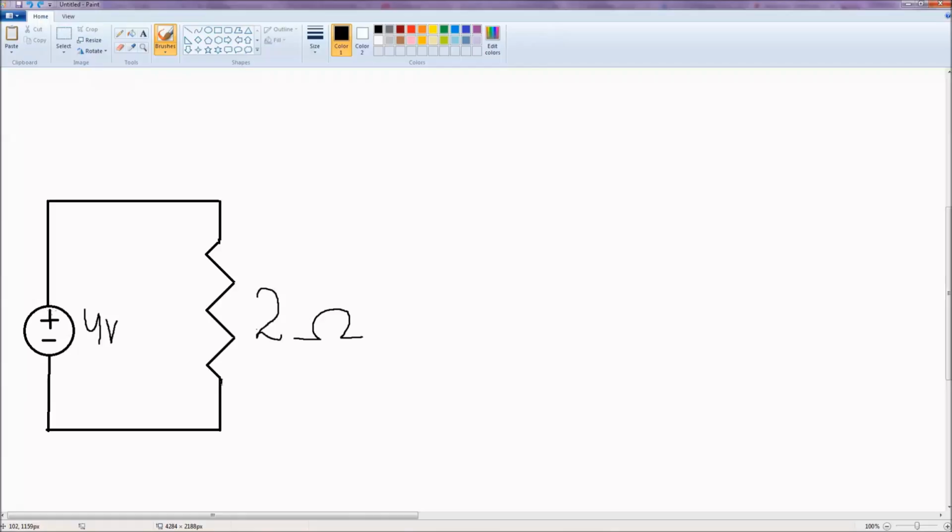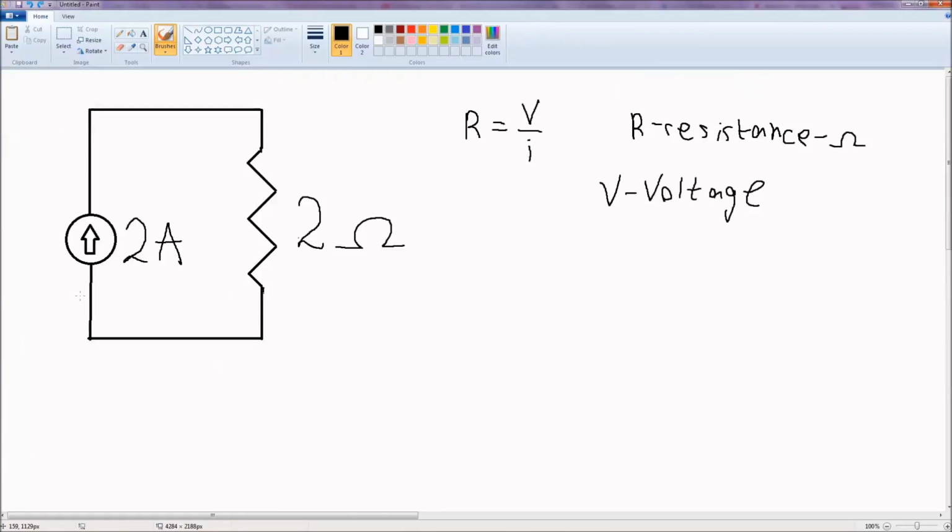By convention, current goes from the positive polarity to the negative, and as it is a source, it is giving out energy or current, so it goes from plus. But sometimes the voltage source is an absorber. So this is voltage, and it is